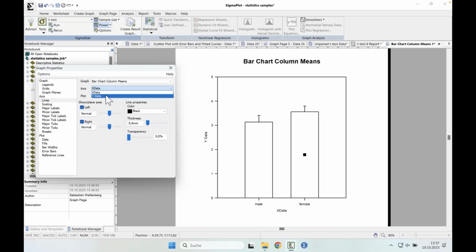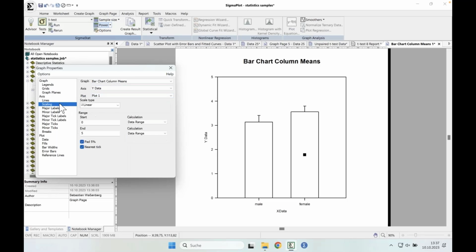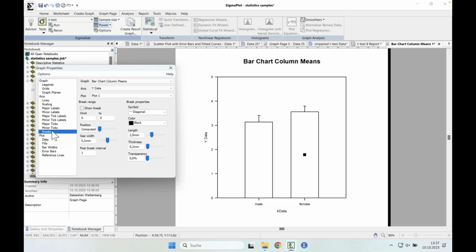And you might have different options regarding what axis you are on, or what kind of thing, I will call it for now, is displayed on the specific axis. So be aware of where you are, and then you can change, for example, the scaling, labels, ticks, and so on. You can add very easily breaks to your